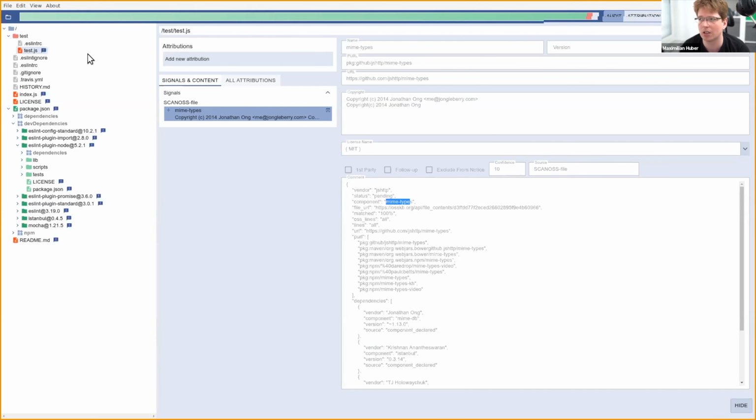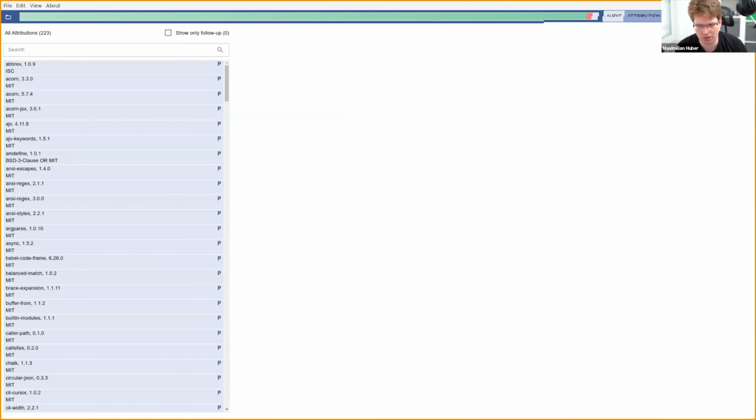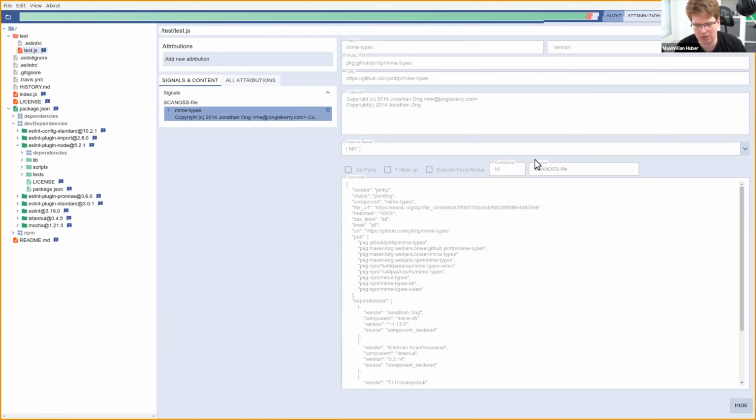You can plug in other providers for compliance information and mix and match and compare and understand whether there's conflicting information. So that's how the OSS Review Toolkit integrates into this Opossum UI tool, and what that adds to the table. And yeah, are there any questions to this very short